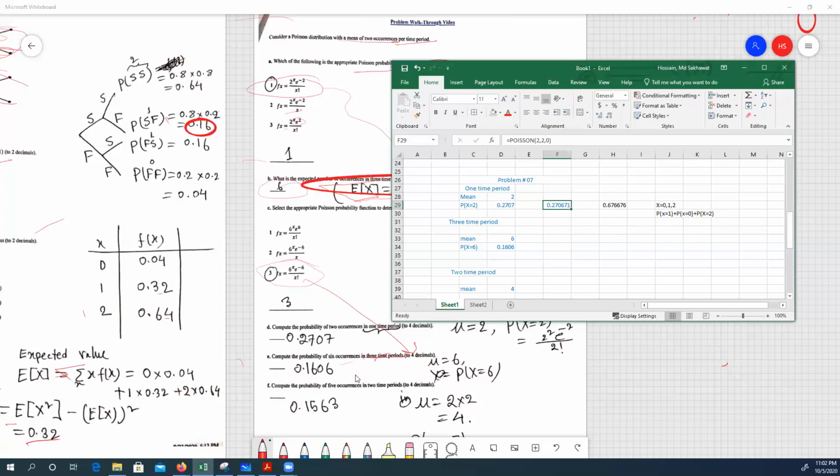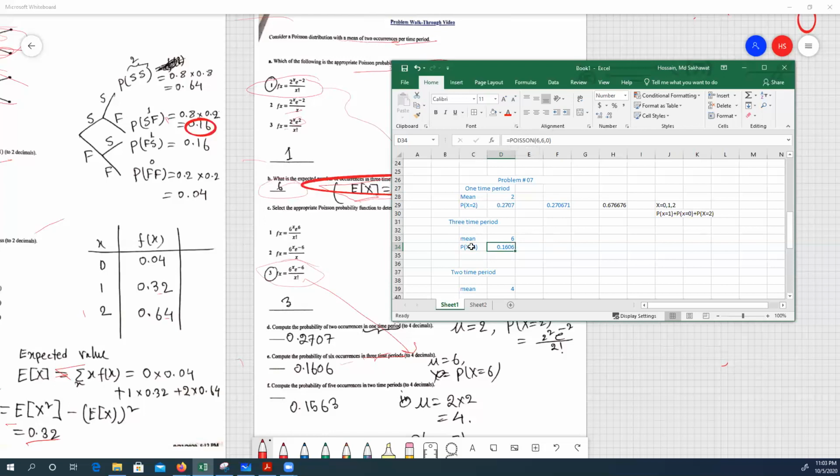so the next one is compute the probability of 6 occurrences in 3 time periods. So you have to compute the 6 occurrences in 3 time periods. Okay, so 3 time periods means the mean is 6, so you have to use this probability function. In this case the mean is 6, and we have to find the probability of x equals 6, because 6 occurrences means the value of x is 6. So you have to find this probability where mean is 6. Similarly you have to use the Poisson function, and x is 6, mean is 6, and